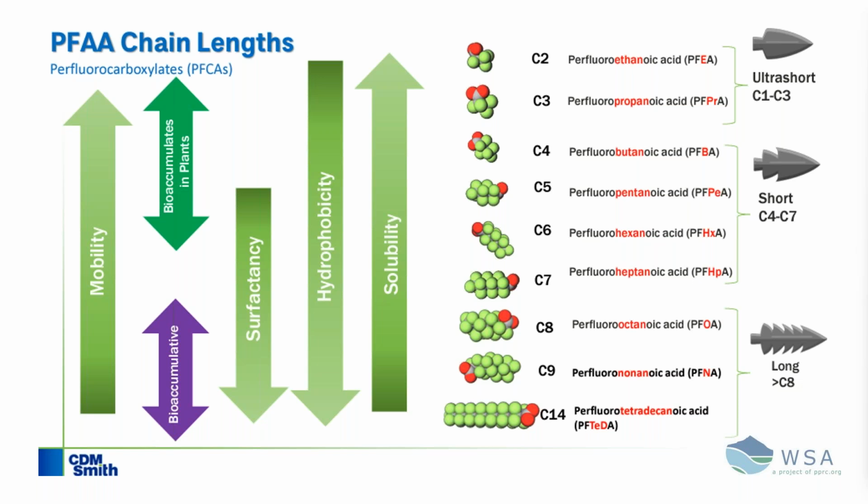And the shorter chains are bioaccumulative in plants. The longer chains are bioaccumulative in humans, meaning that they get into the plant or they get into the human, the animal, and they don't metabolize, they don't get excreted. So there is some bioaccumulation of some of these different PFAS. Another thing that I'll show you another picture of in just a minute, but I like the image that Ian Ross shared with all of these